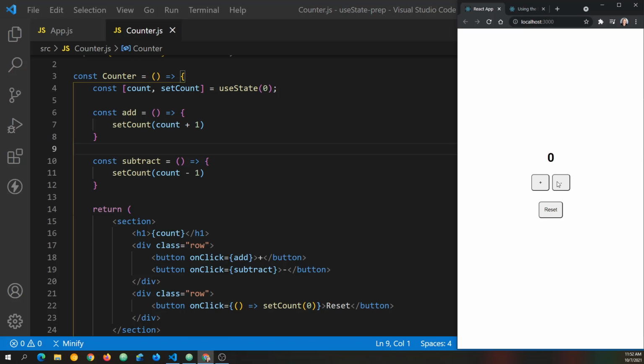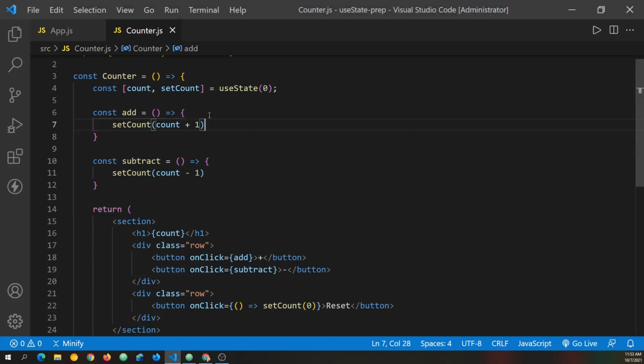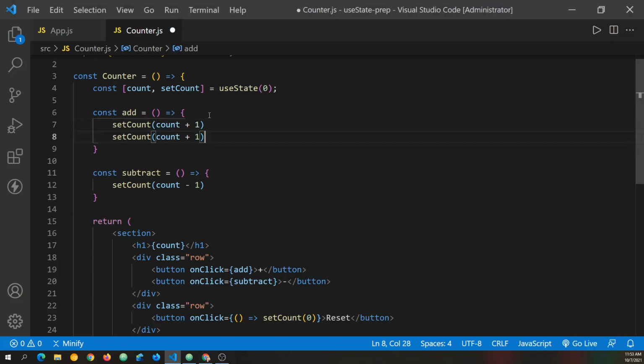Everything is still working in the app with our add and subtract. Once again, we're using count plus 1, count minus 1. And we don't notice anything wrong if that's all we do. But if we attempt to use these more than once in the same function,